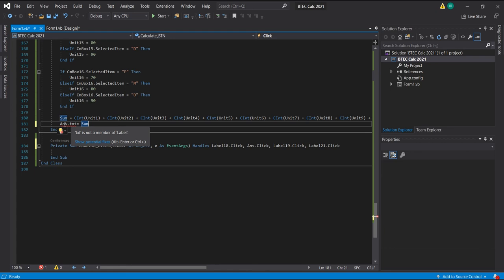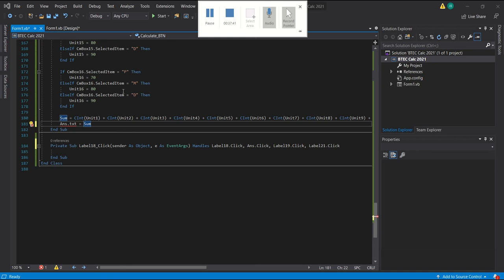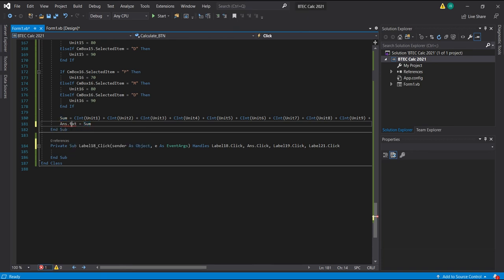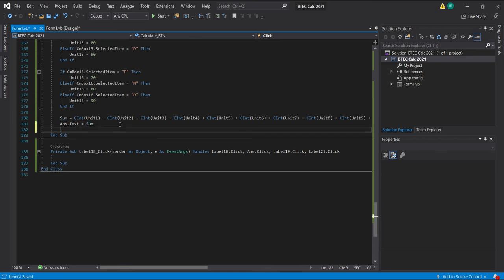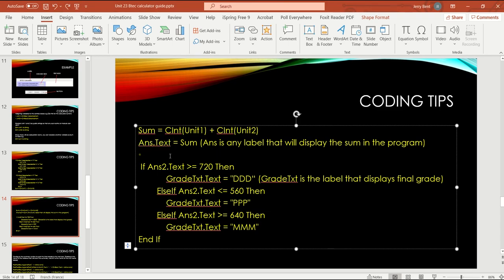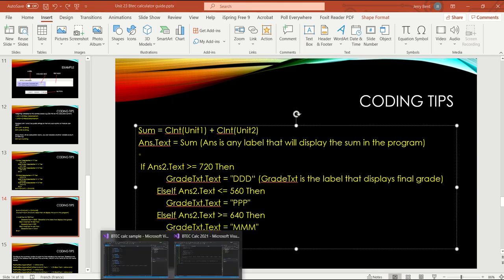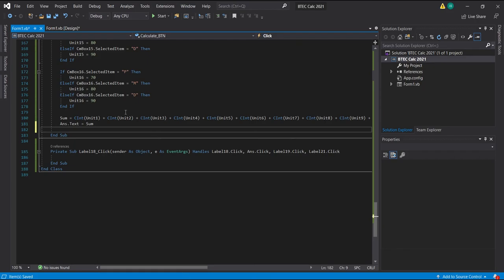it's not accepting. Oh, okay, I was supposed to use something. Sorry guys, I have to fix this. Okay, so I just identified my mistake, and that was because I didn't type in text. I just put in txt. And that's the interesting thing about coding. Just one little thing can cause serious errors in your program. So we're done with this bit. So here is answer.text equals to sum. So it means that this value here,